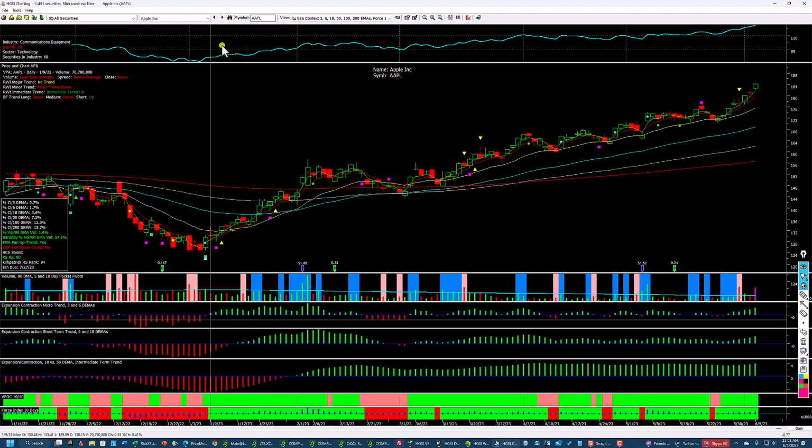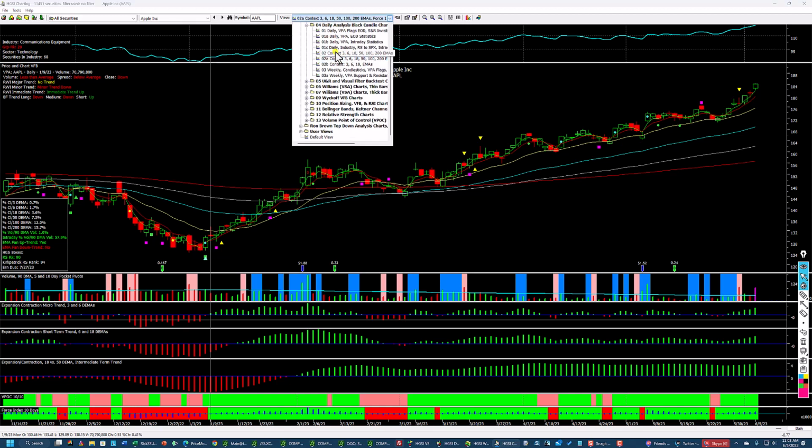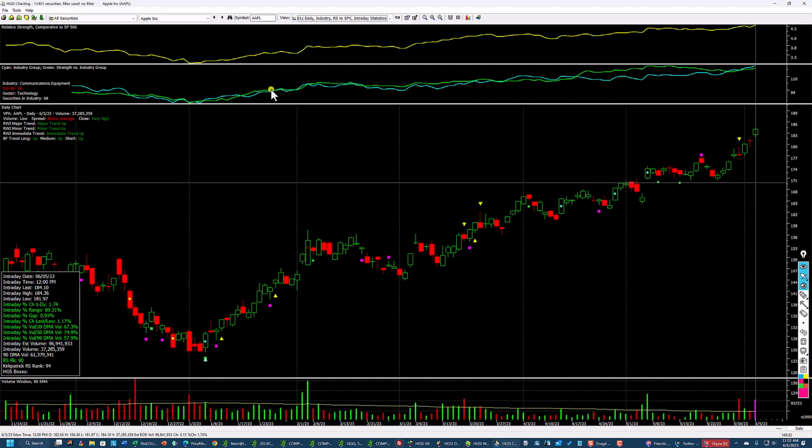And then if you use this chart and look at the group, that can confirm whether the stock is moving with its group, or you can go back up to 1C, and you can see the industry group, which is cyan. Green is the strength compared to the industry group. So at this point,